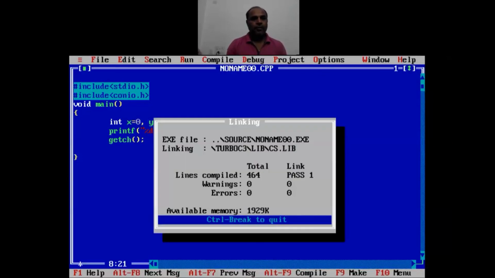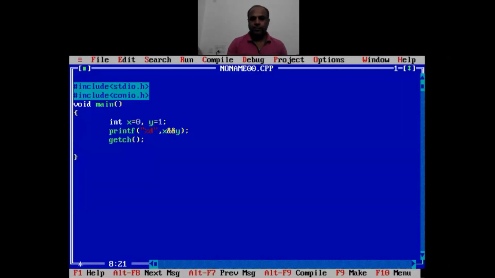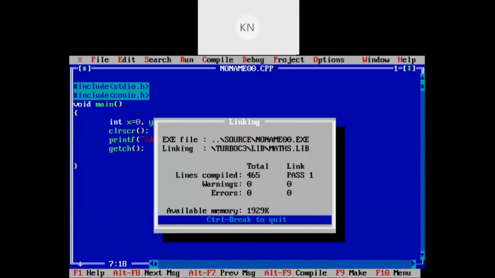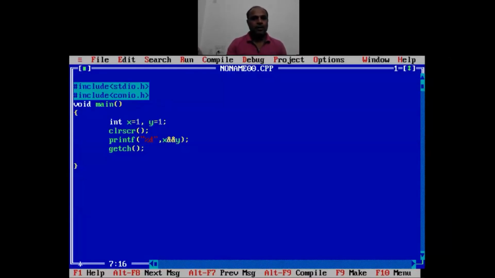Control F5. 0. It's not 1 0, it's a 0. Right? If I make this 1, 1. If I make this x